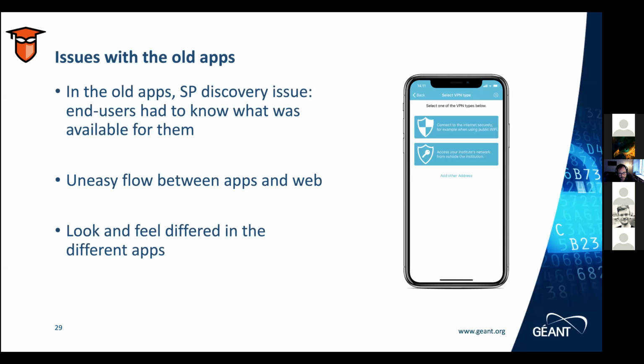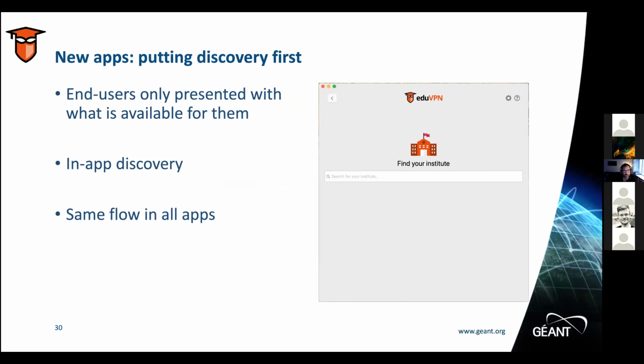So this uneasy flow between the apps and the web. And the third issue was that, for historical reasons and the people we worked with in the past to develop the apps, there were different flows in the different apps, and they looked and felt different.